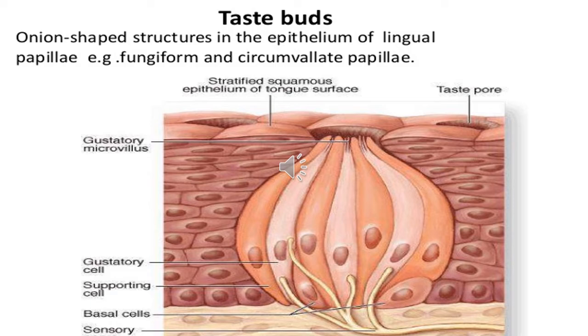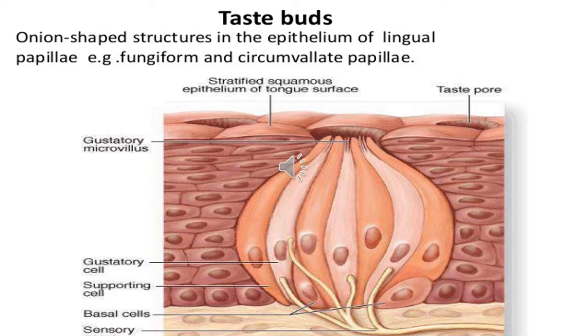At their base, the taste cell forms synapses with the afferent nerve fibers through which the taste sensation is carried to the central nervous system. So, the lighter cells, as you can see in the diagram, which are also pyramidal or tall columnar, extending from the base to the taste pore above, are lightly staining and they have got nerve endings in them. While the supporting cells are darkly staining.